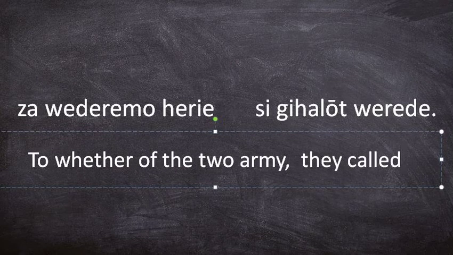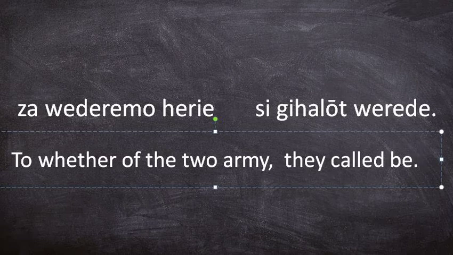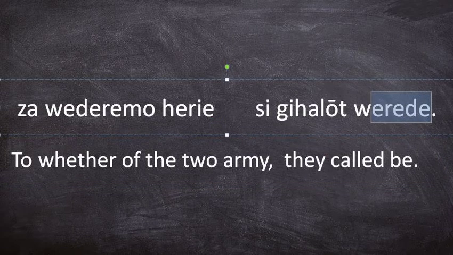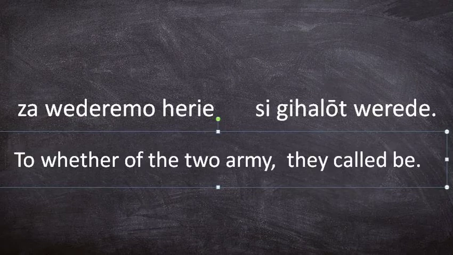So this is how this would be translated. We got they, see, gehalot, called, and then you got werde, which, I guess a way to translate it in English would be like be. But for a nice translation, I would translate this as like